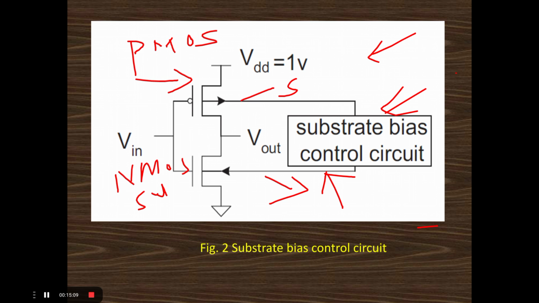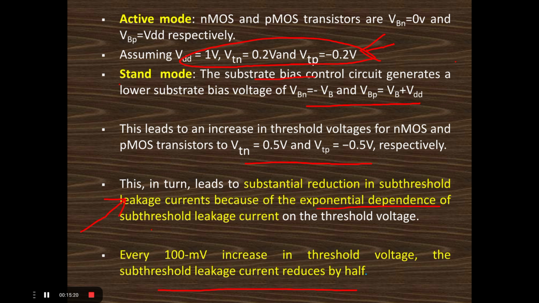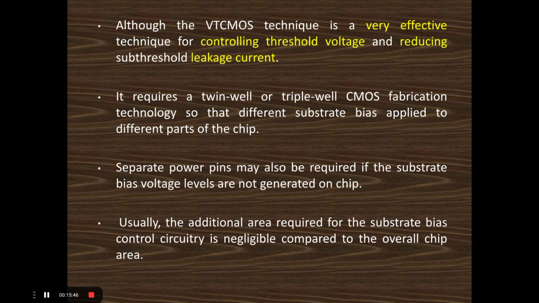The circuit we are designing is generally called a substrate biasing circuit, which is used to control the different voltages given to the substrates of the PMOS as well as the NMOS. So there is a normal mode of operation as well as a standby mode of operation. What happens in the standby mode? In the standby mode configuration, the threshold voltage increases, therefore the leakage current of the NMOS and PMOS transistors decreases, and therefore the overall power dissipation decreases. Moreover, for every 100 millivolts increase in the threshold voltage, the leakage current also decreases by half. That is also one of the most important points for us. So this is this area, and in the next class we will discuss the